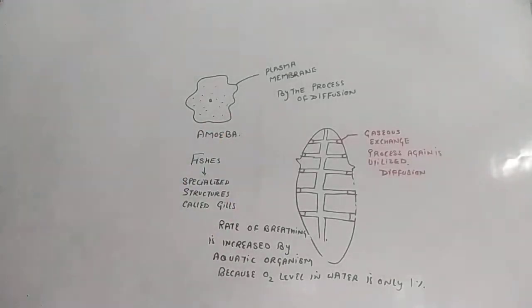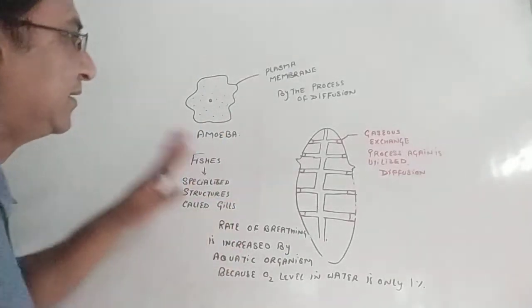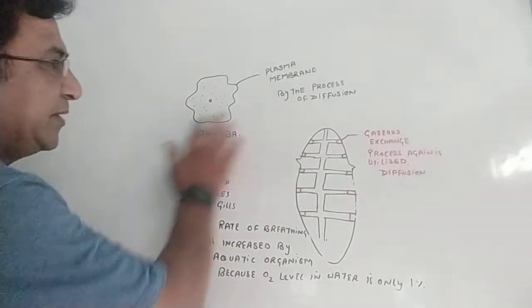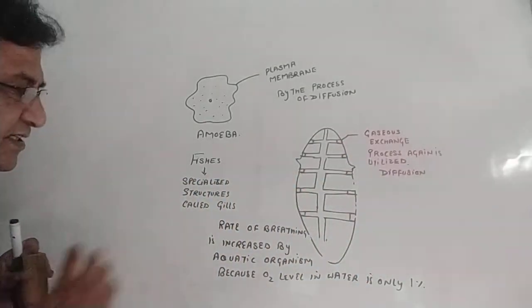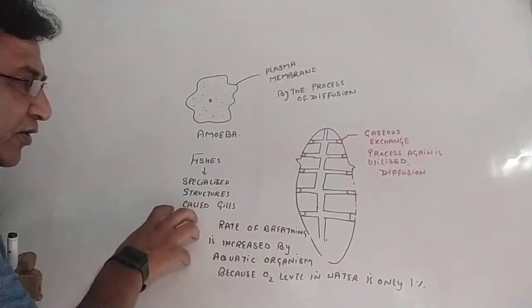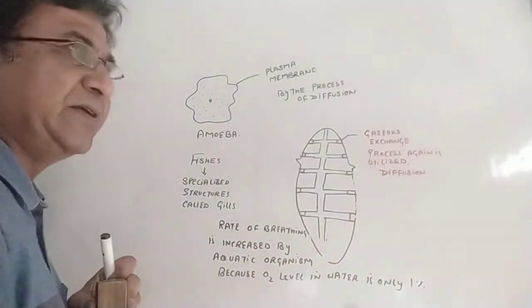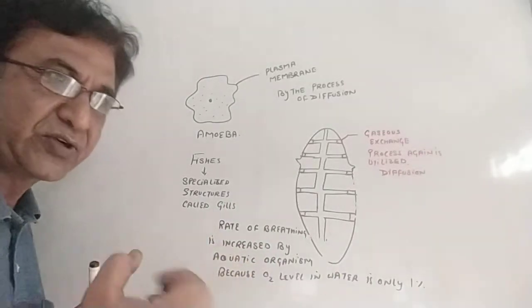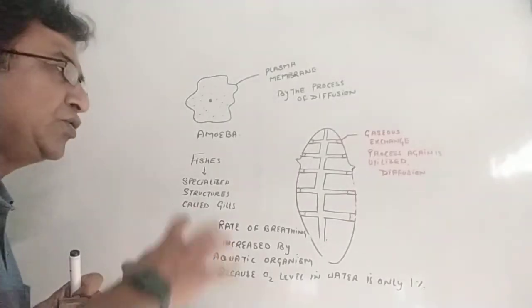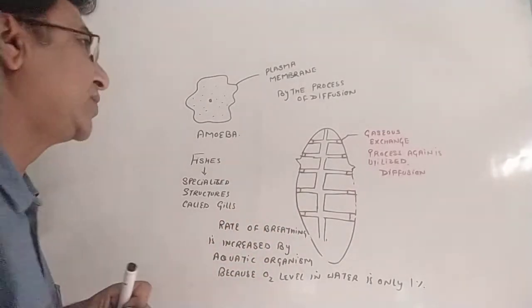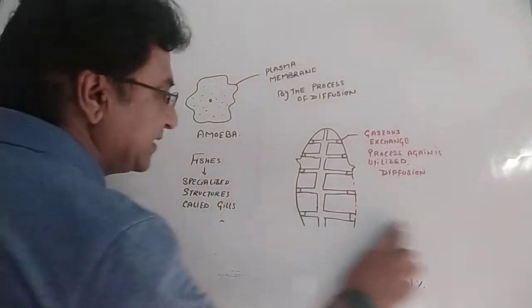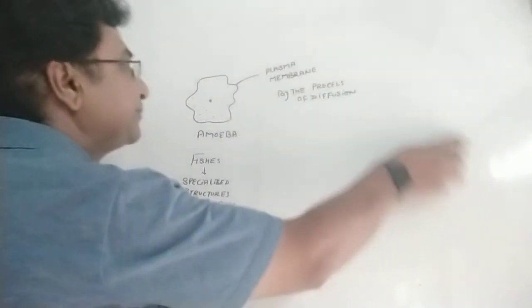These are one mark questions which can come: in amoeba to arthropods to the fishes, the rate of breathing in aquatic organisms is high. Why? This can be asked. Why in hilly areas are people reddish or having more hemoglobin? To compensate for the lesser amount of oxygen present. Remember, these are questions related to respiration.